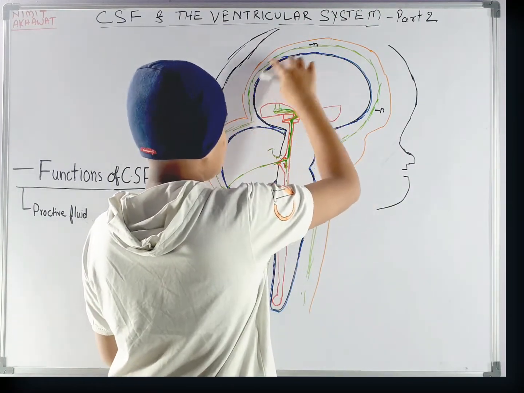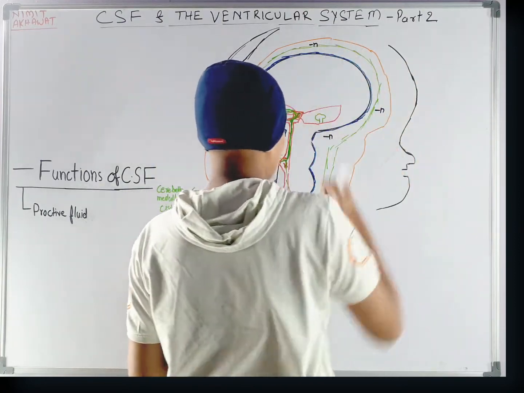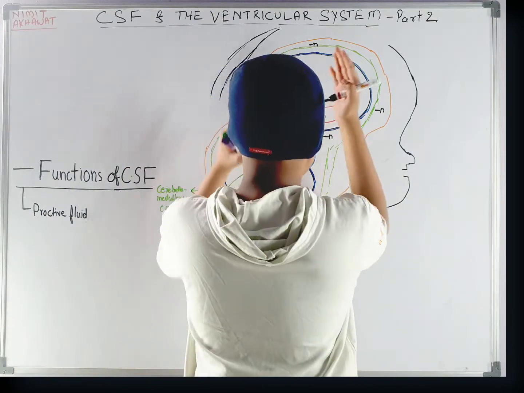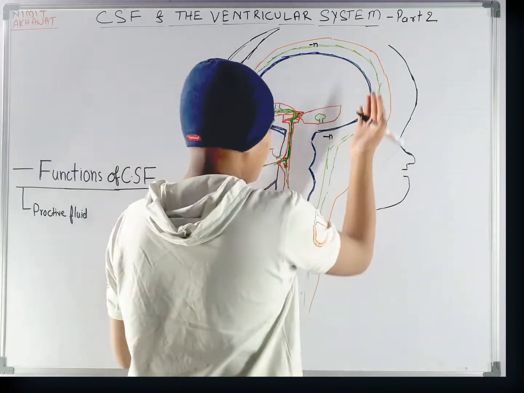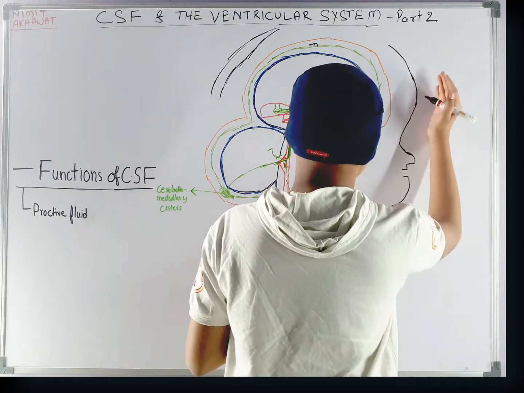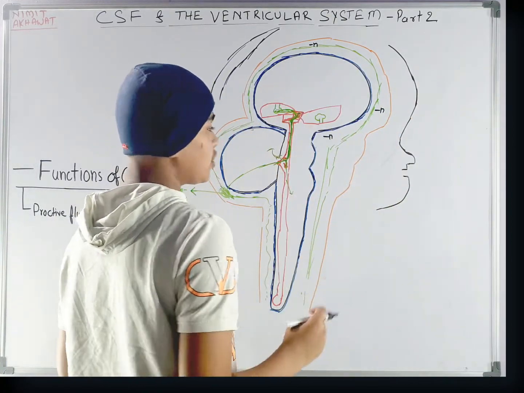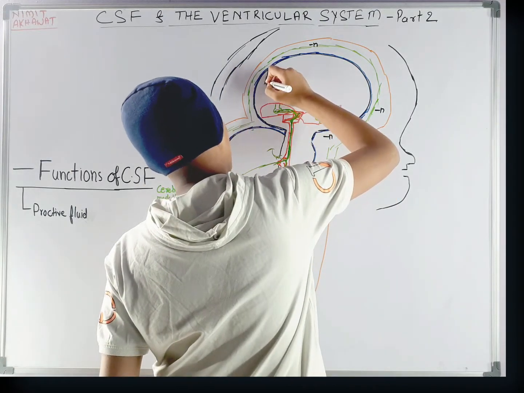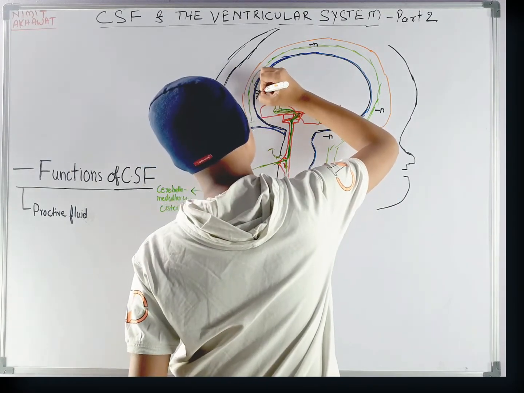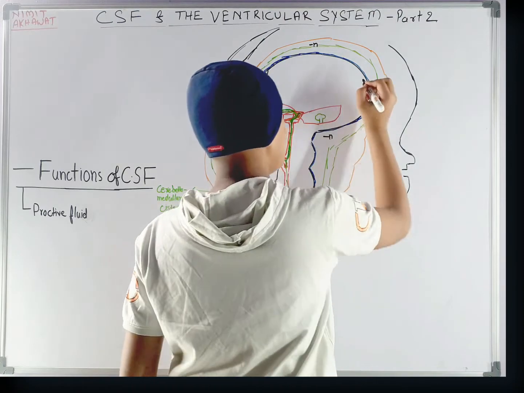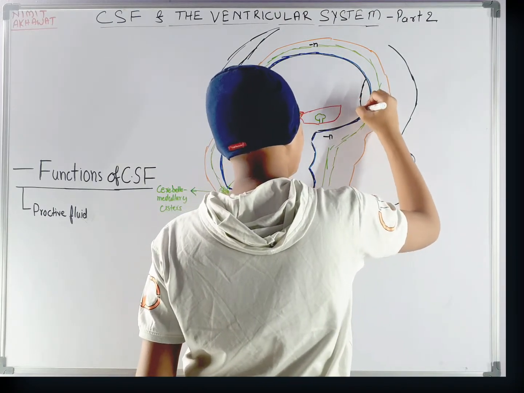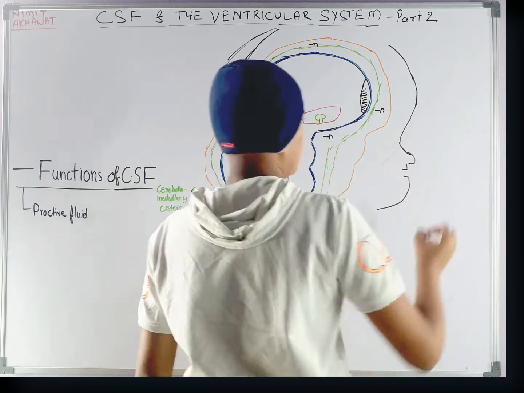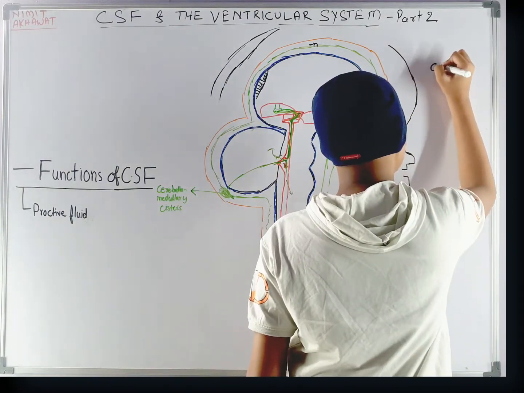And suddenly when the CSF occupies these areas again, this negative pressure is suddenly filled and our frontal lobe hits our frontal bone, and this causes an injury called countercoup injury, in which a part of the occipital lobe and some area of the frontal lobe is damaged. And this type of injury is called countercoup injury.